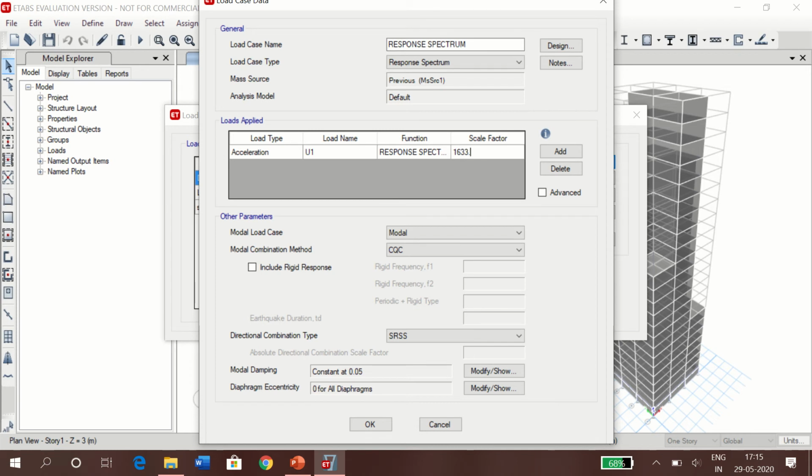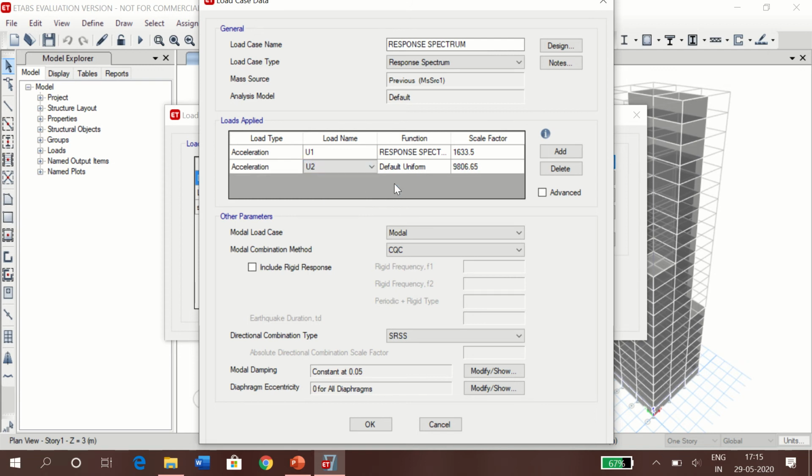Based on that units millimeter per second square, the scale factor depends on I, g and R, and it is calculated as 1633.5. Now the motion is in two directions, so we will be giving